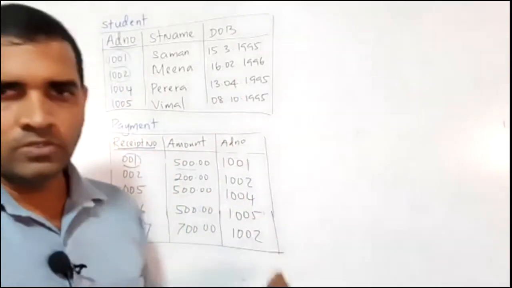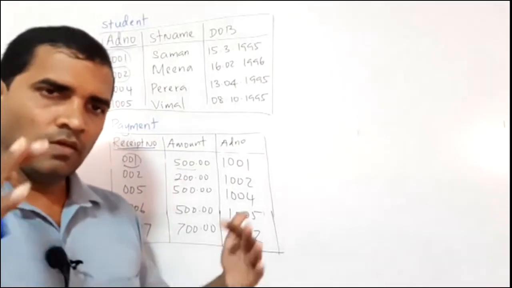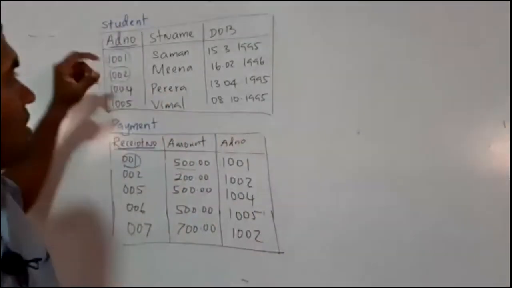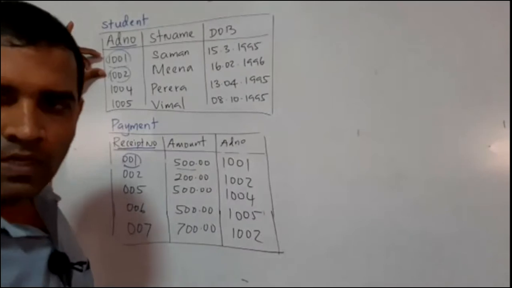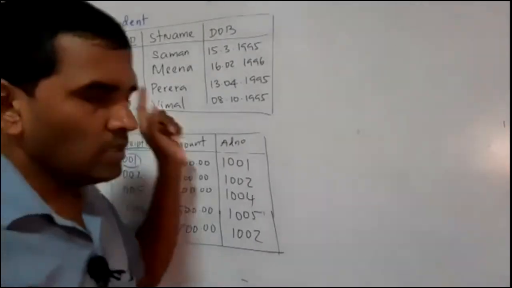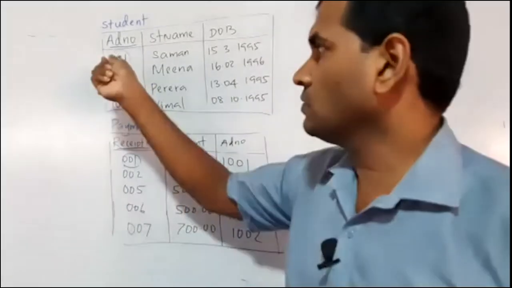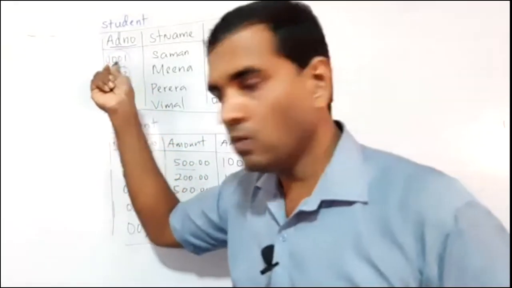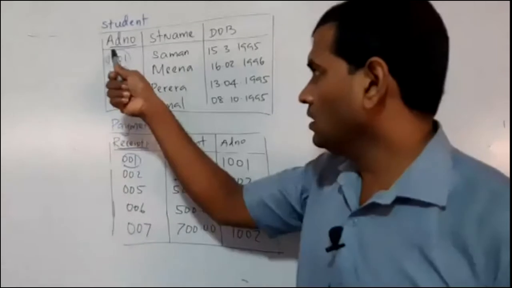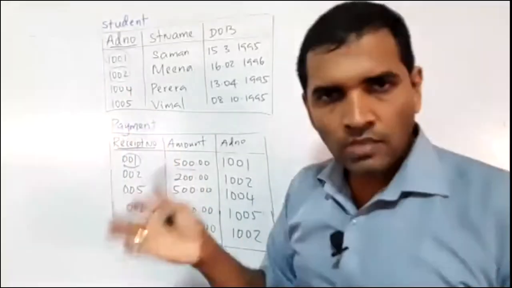Let's check whether it is one-to-one. Before I say anything about one-to-many, it is better to check whether these two tables have a one-to-one relationship. Again, as we did earlier, we can check it. I take a data here, 1001. How many similar data are found in the second table? You have to check that. 1001 is there, here only one. So it seems to be one-to-one.